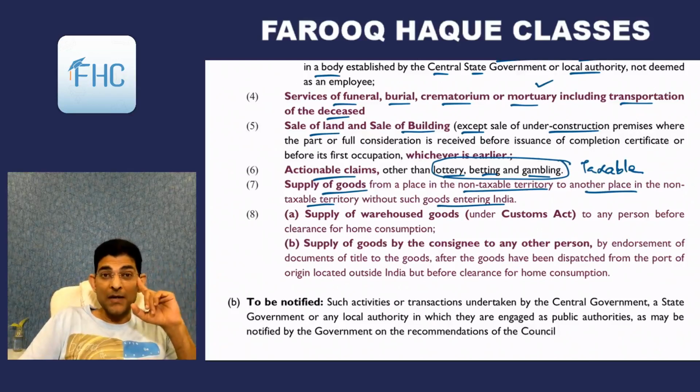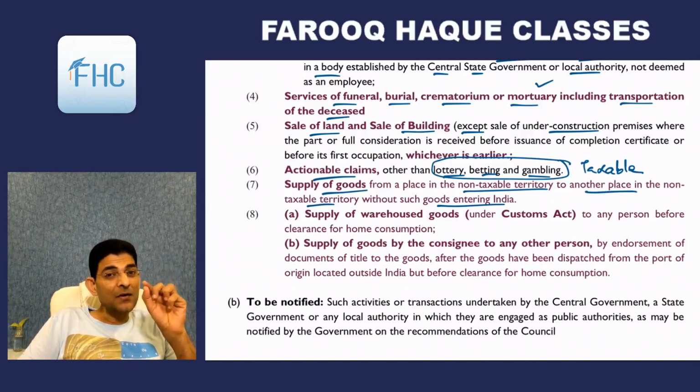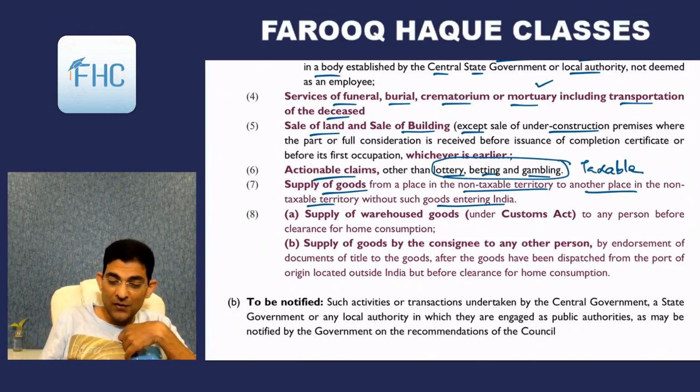Okay. But in income tax there is a concept of residential status. If Farooq Haq is a resident of India, then my foreign incomes are also taxable in India, right? So that is an income tax, but not in GST. In GST, if that taxable event supply doesn't have a relationship with India, it is not liable to GST. So even though Farooq Haq is a resident of India, I am the owner of shop in US and the sale is taking place in US, it is not liable to Indian GST. Okay. So that's also interesting one. Point number 7.